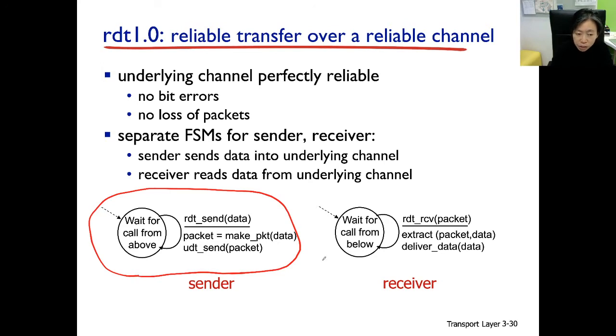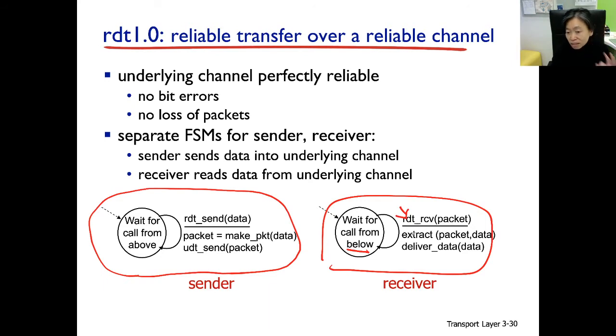Similarly, at the receiver side, there is a call from below. When that is happening, rdt_rcv is called. The receiver side of RDT 1.0 will just extract data out of the packet and deliver the data up to the application layer. All right, so again,